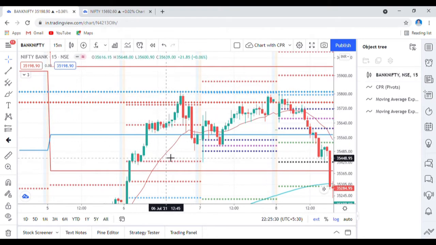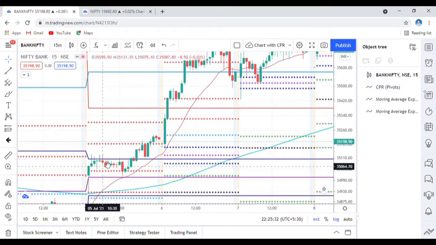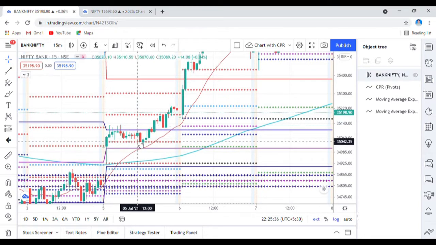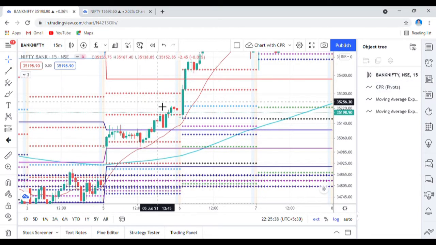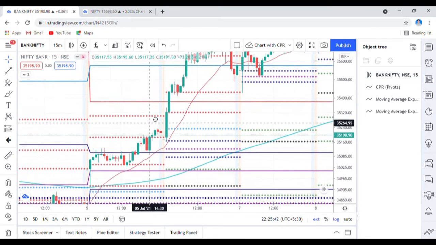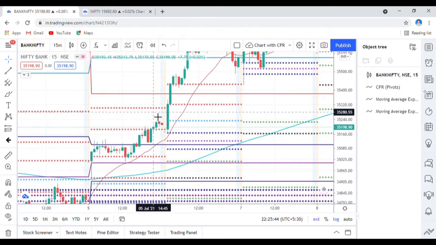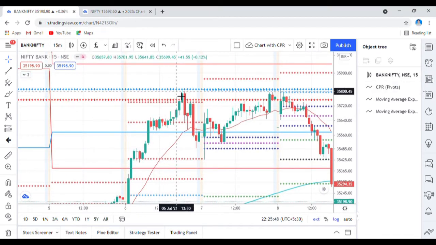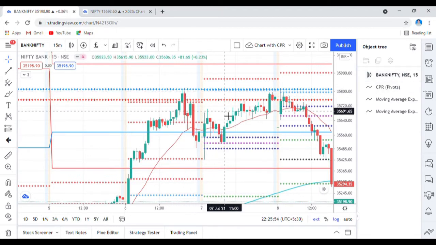See, on 5th of July the market opened gap up, but it didn't cover that gap and it went all the way till the R3 level, and the next day was trending and it was facing resistance near the monthly high. Usually there are two players in the market, that is buyers and the sellers.